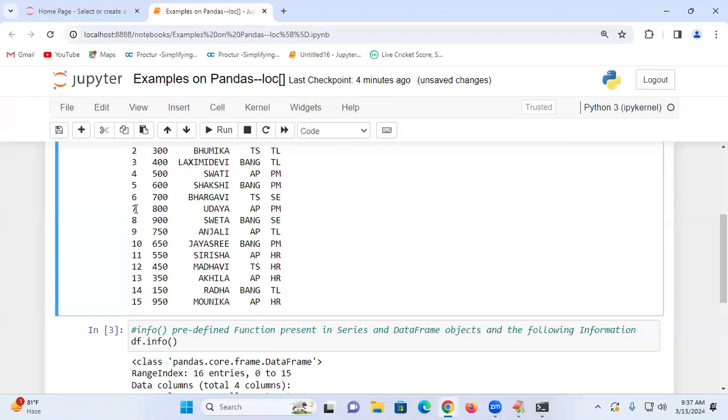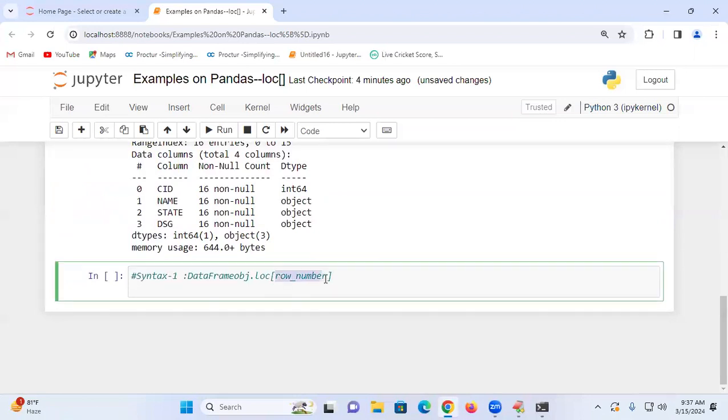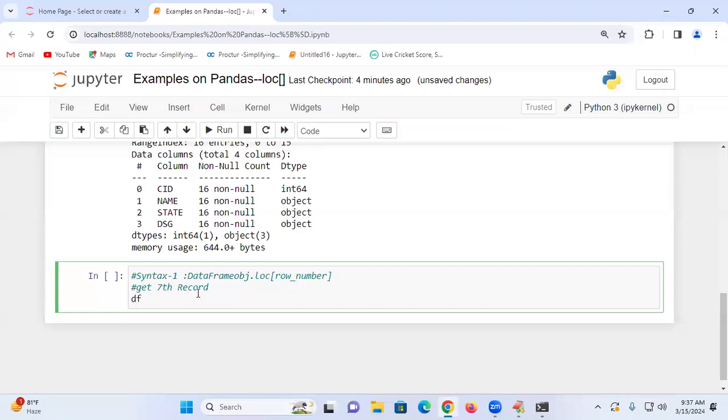So I want to go for printing this seventh record. Seventh record I want to print. What is my formula here? Row number. Tell me. df of what? Get what record? Seventh record. df dot